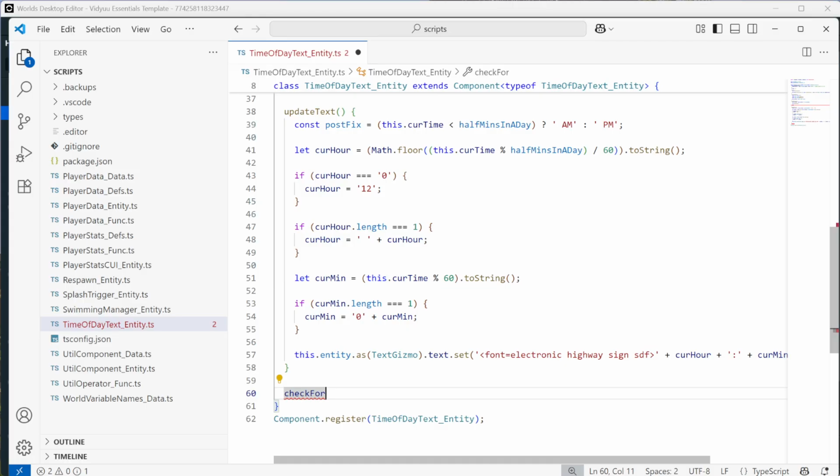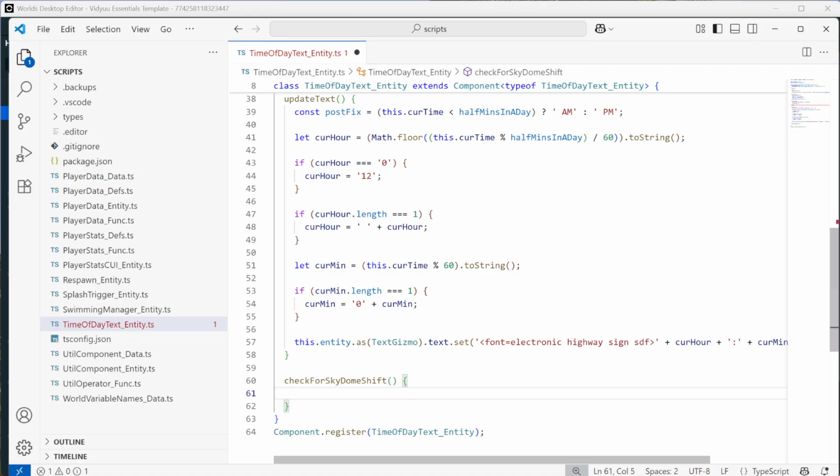Check for environment or Skydome. Check for Skydome shift. It does seem to, oh my gosh. Oh no, it's still laggy, whatever. Okay, so we want to check for sky dome shift. And the idea is that we're going to look in a map, see if matching array,